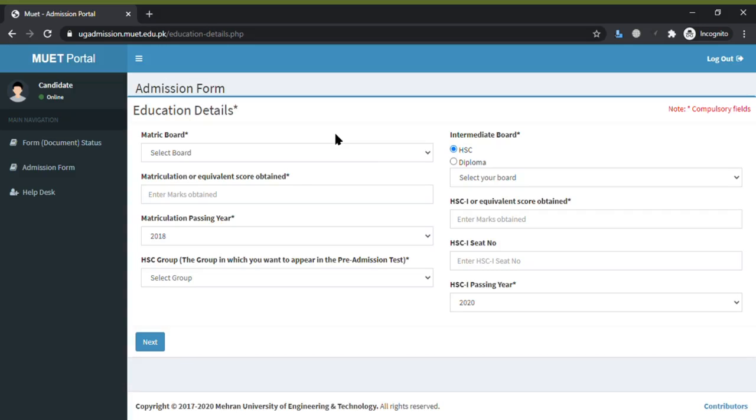Now, the screen will appear, where you have to provide your education details. Insert all the details being asked.